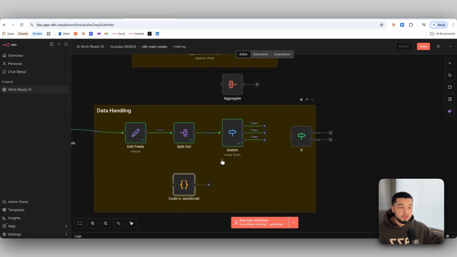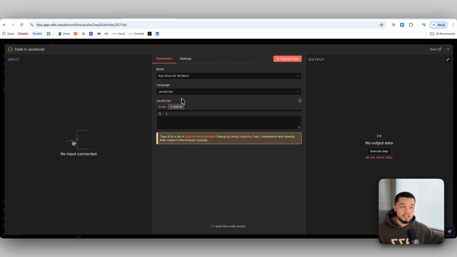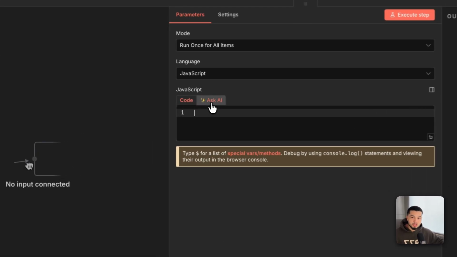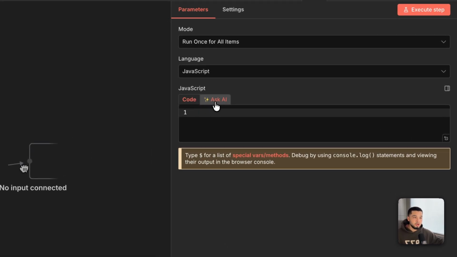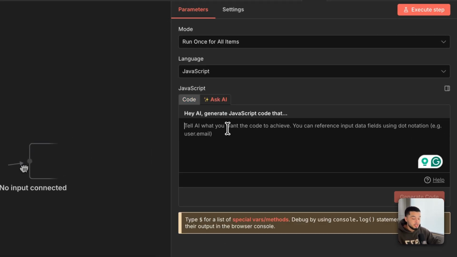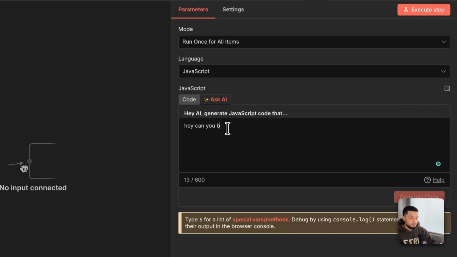I would just go over to Claude. I would explain what I need to do. I would then tell Claude to output it as JavaScript so I can use it in my n8n code node. And it outputs, in most cases, the perfect JavaScript that you can use, and just paste in here. And even over here, you can even ask the n8n AI, which is not too good, but for basic scenarios it will work. You can come over here and say something like, hey, can you build me a code block